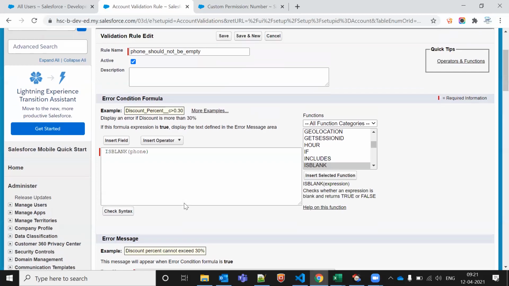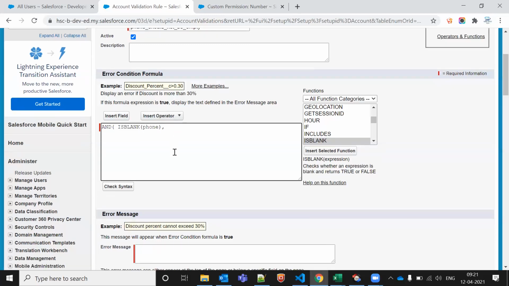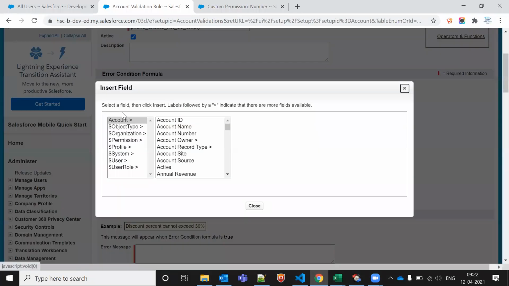Now, on the first line, it's blank. And if it is blank phone, comma, custom permissions, insert field there only.